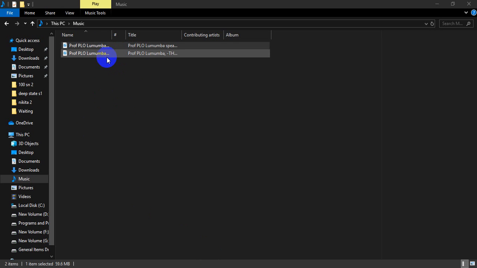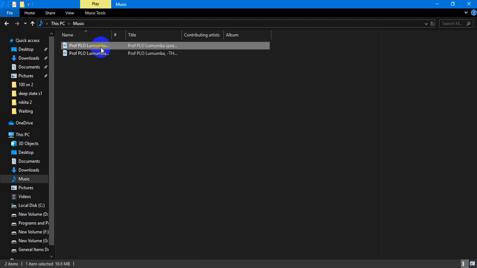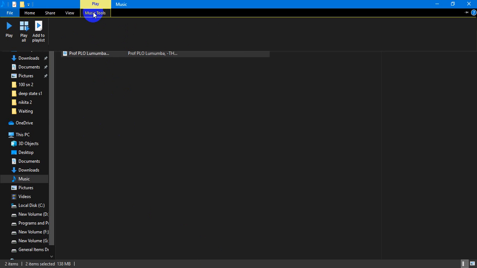Here I have just two music files. You can select all of them. You will just click on one and then press Ctrl A on your keyboard. Now if we come here to Music Tools and Add to playlist, the two music files that we have selected will be added to the playlist, unlike the previous one, where one music file was added. When we play all using this option,